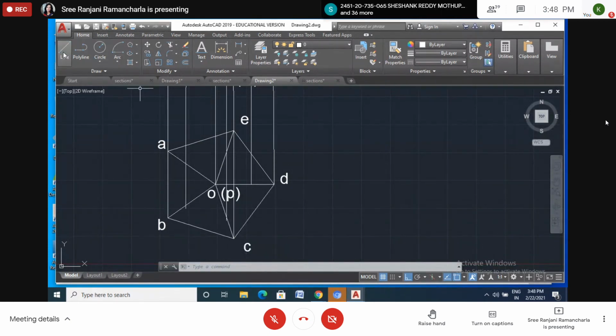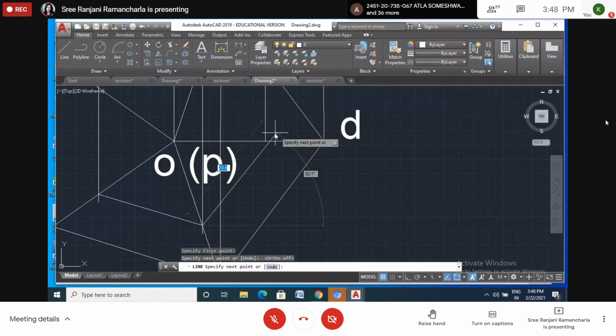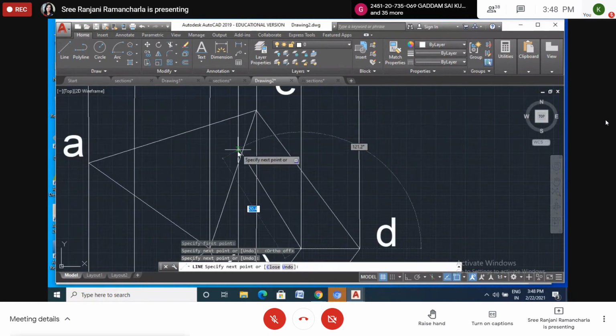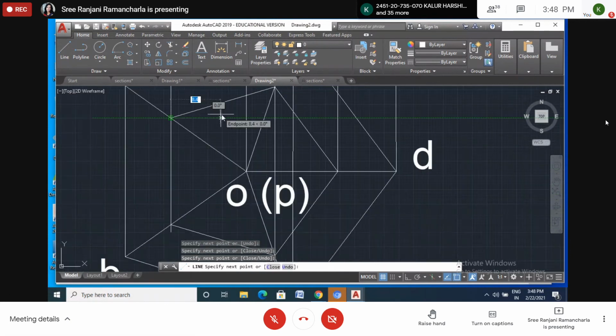Now join all these lines. Ortho off, okay. So intersection means it will show a green cross, and here also it will show end point. For this one, this is the end point or intersection, and here also intersection, and here also. Over.